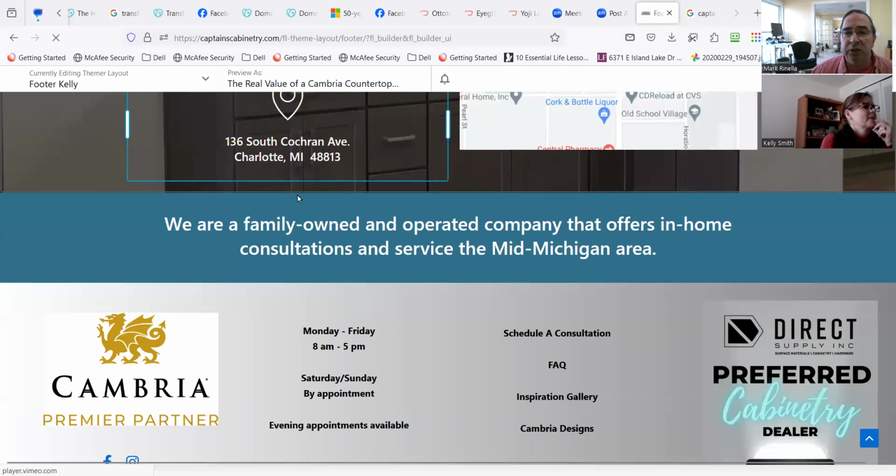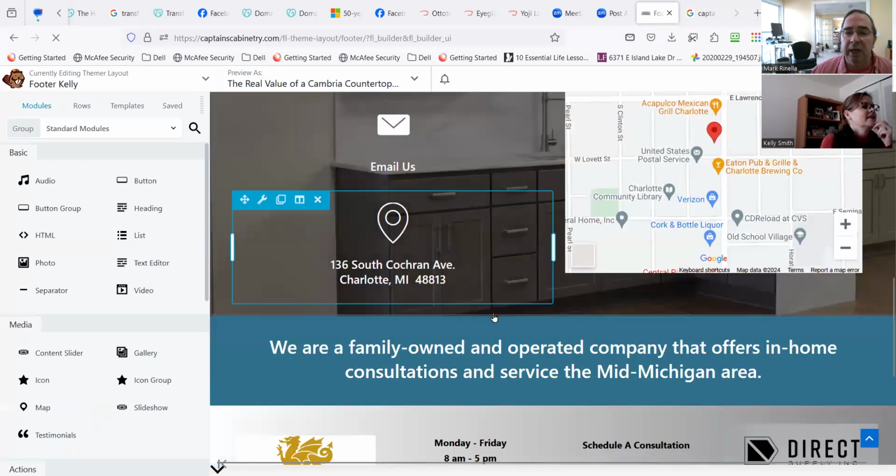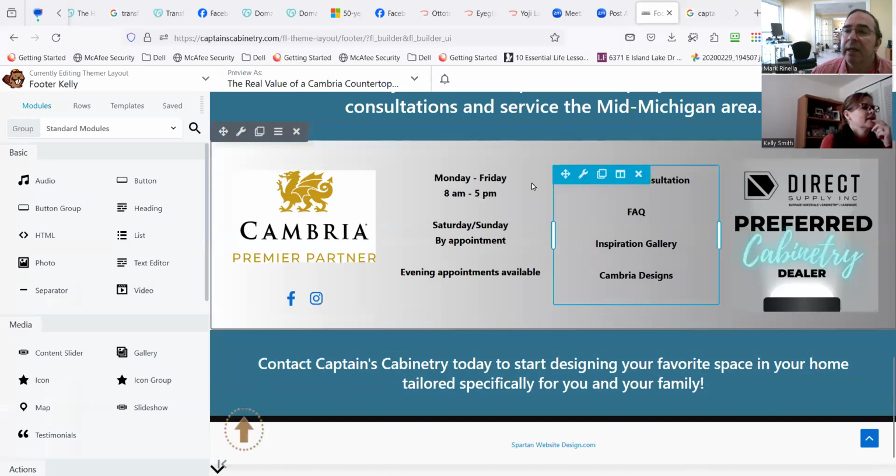I mean, if you want to change it, you can change it. Font's a little bit large here. It's not a big deal. You could change that a little bit if you wanted. So we're here at the footer area, and all you'd end up